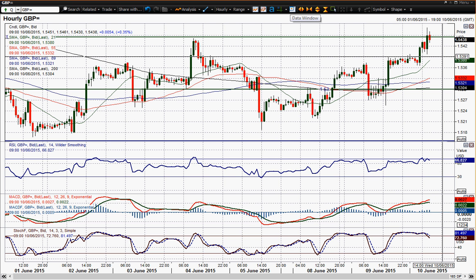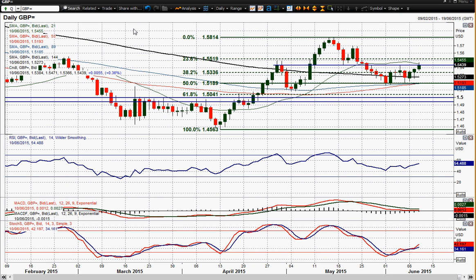I'm of the opinion that this is going to be a near-term correction within the bull phase. So within the corrective phase, it certainly looks like we are having this move out, but it needs confirmation, and I think you need to see a close ideally above 54.45 today. If that were to be seen, then yes, you've got a continuation of this near-term bull run, but I still think this is part of this corrective phase, and I would still expect to see a lower high below the